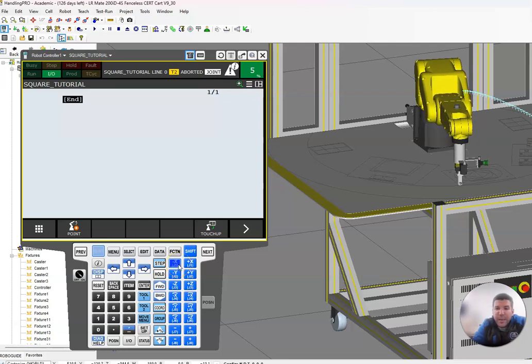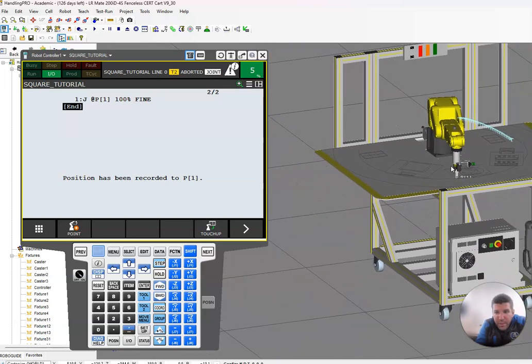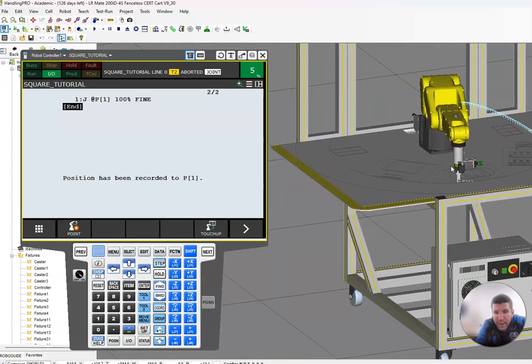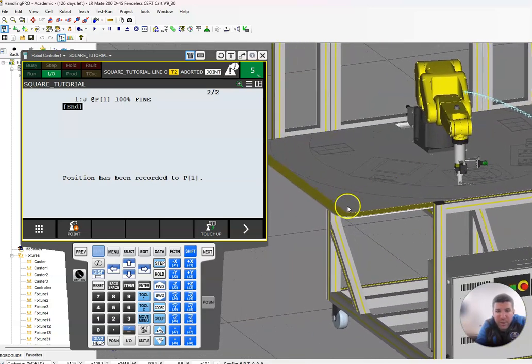Okay, so I'm going to say that that's a close enough point for my first one. From there, I'm going to go plus point, and it's going to default to 100% fine. For our first programs, that's what we're going to use. So we just created point 1. I know that because if I zoom out, we're going to see that P1. So now I'm going to come in here and I'm going to create position number 2. So my shift was still being held in. So I'm going to do now